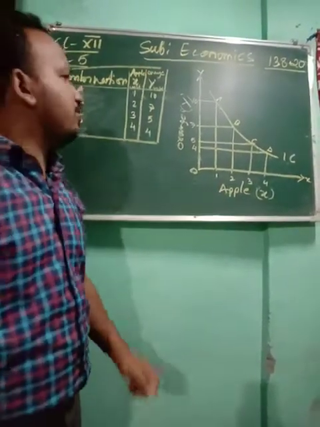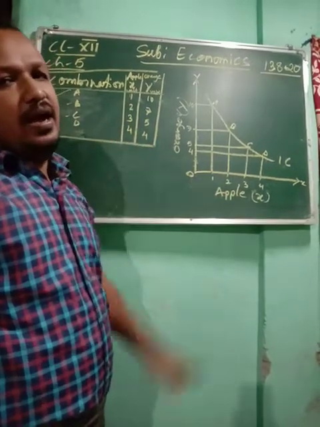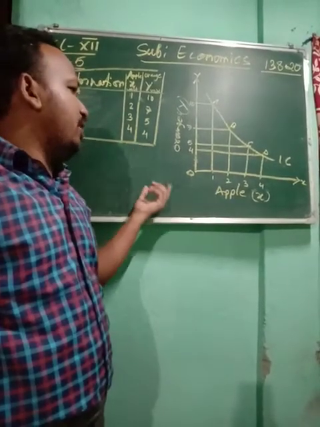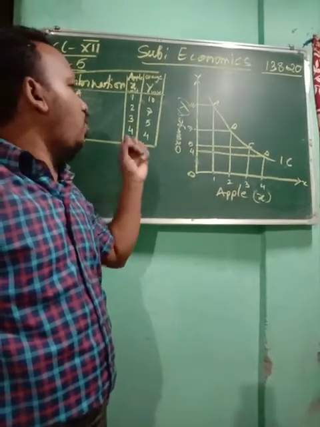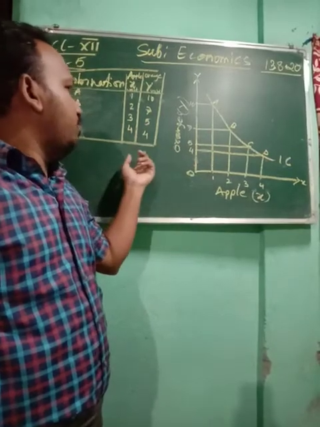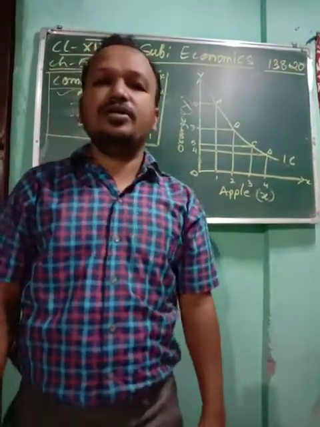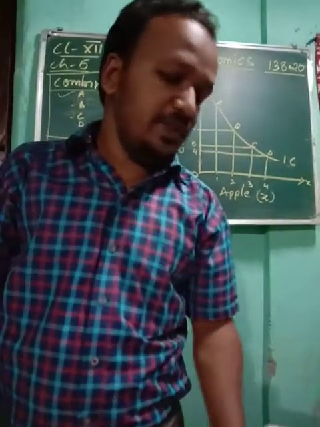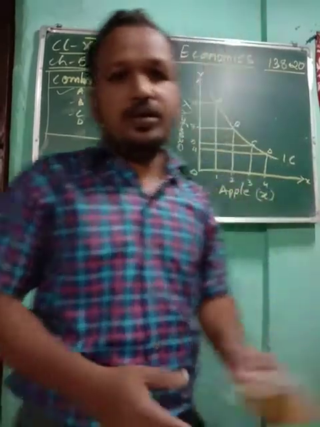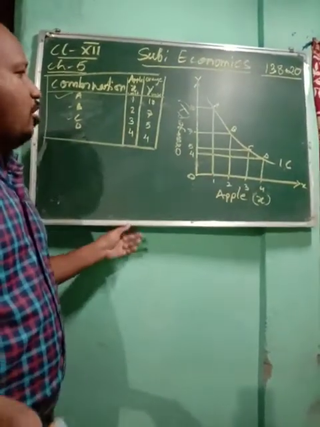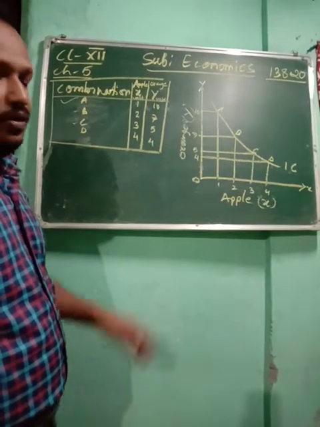So in the board exam they may ask you the definition and to draw this diagram. At that time you can write a 2-line explanation, that's your definition, and you can make a schedule and draw this. Simply you will get 2 out of 2. Okay, so this is about your indifference curve. Now we are going to do indifference map. You can all draw this after watching the video in your economics copy, for practice.